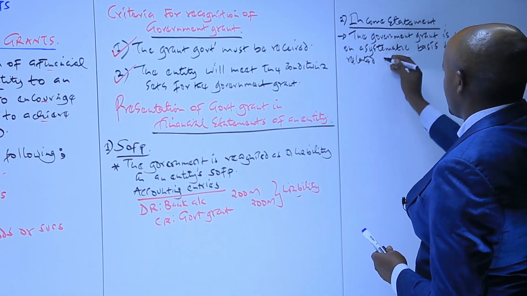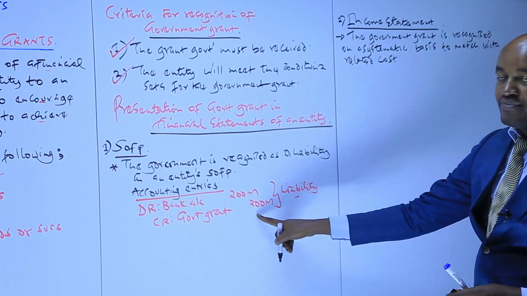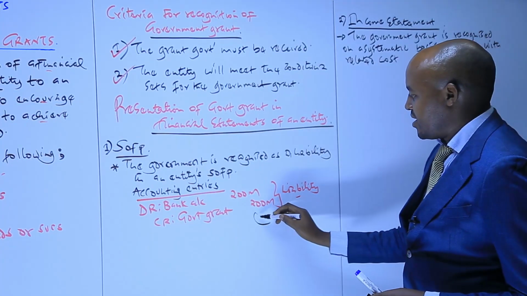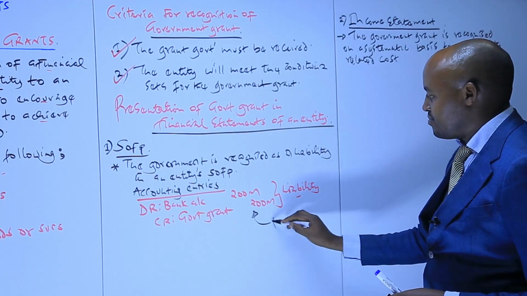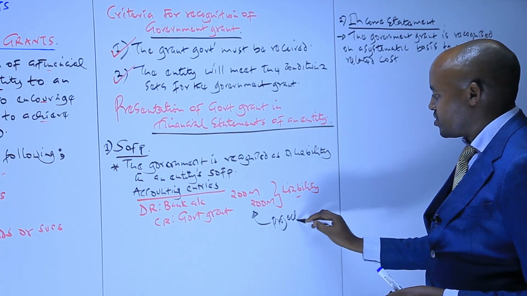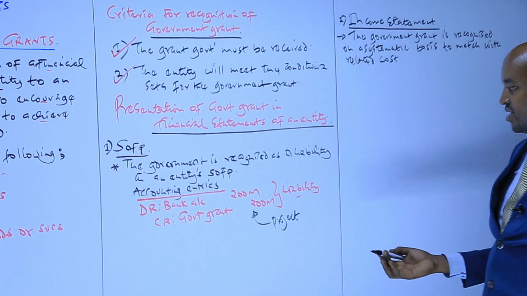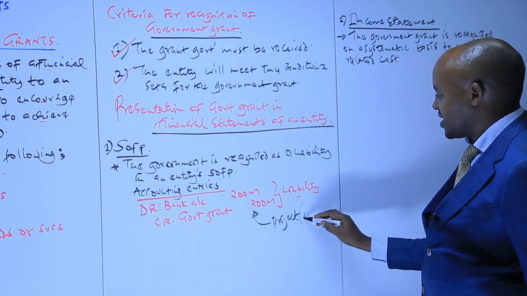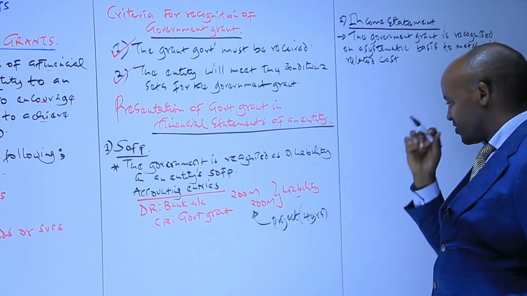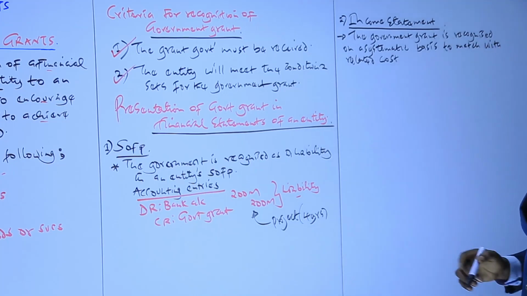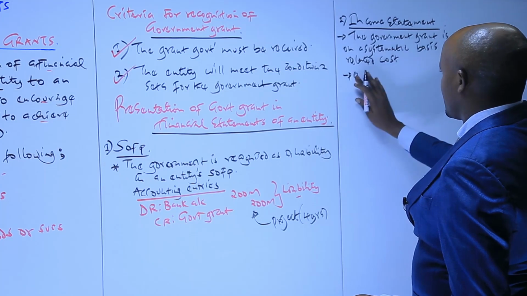What you mean by this is that if, for example, this company received a government grant of 200 million, in order to undertake a certain project which by the end of the day will benefit the community, and the company expects that it will be able to complete that project in the next 4 years. What that means is that this particular amount of 200 million, the government grant which was received,